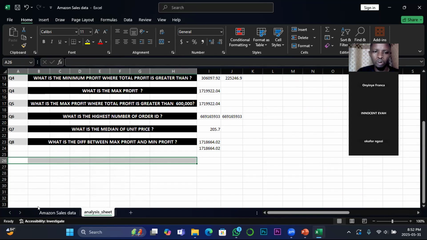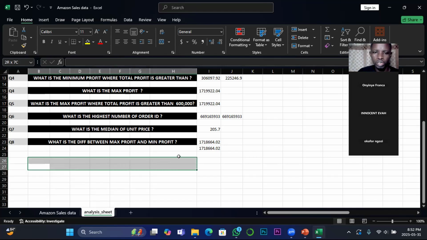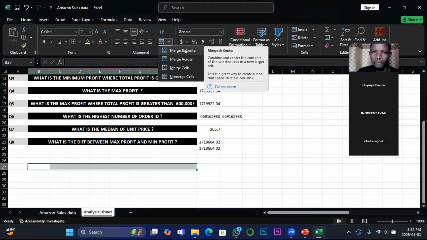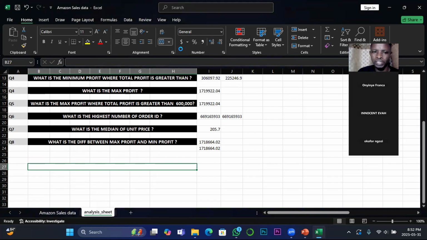So select across the number of cells you want to merge together. So let's assume I want to merge from column B down to column H. So after highlighting them, then I go to Home tab. From Home tab, I'll come to this section where I have merge and center, merge across. So I will use merge center so that it will centralize my entry automatically. So what are we doing now? What we are doing now is performing